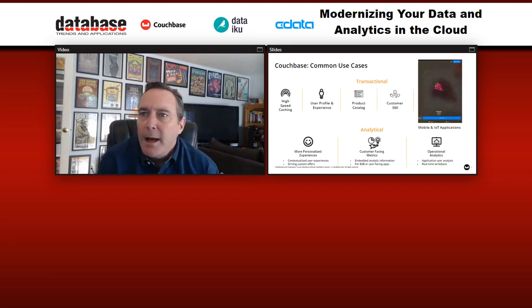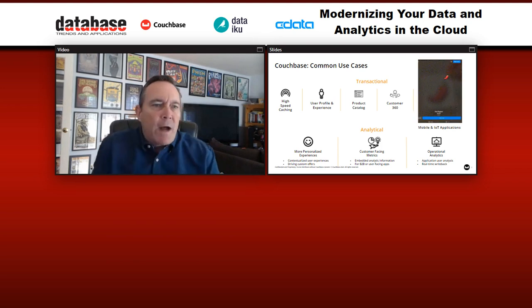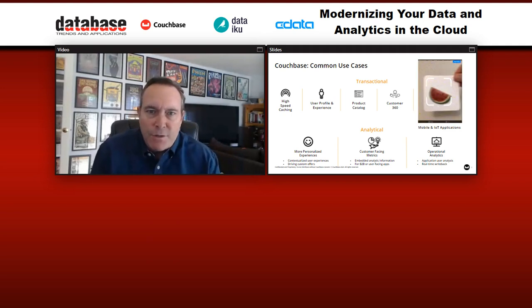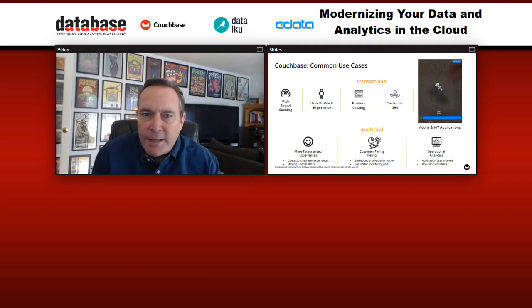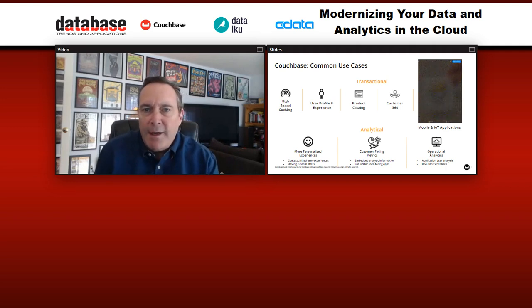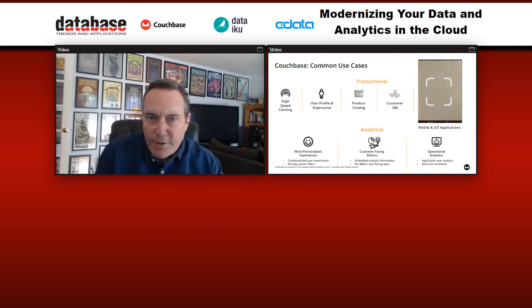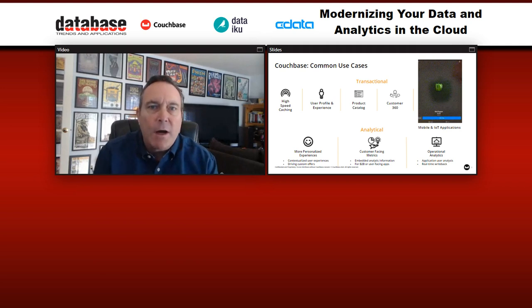So the common things that you see in a Couchbase environment are things like high-speed caching, right? It operates as a cache, and that comes from our background in Memcached. Memcached, of course, was one of the first open source in-memory key value databases. Well, they met up with the people at Couch One, curators of CouchDB, and that was the peanut butter and chocolate moment for the industry, when a JSON data store got together with an in-memory key value store, and that became us.